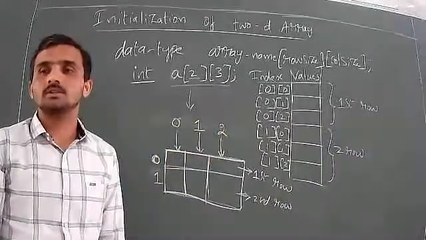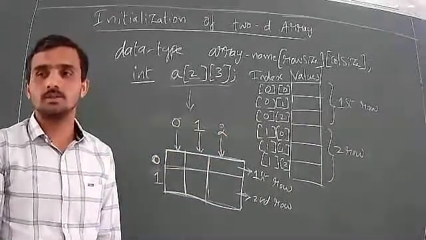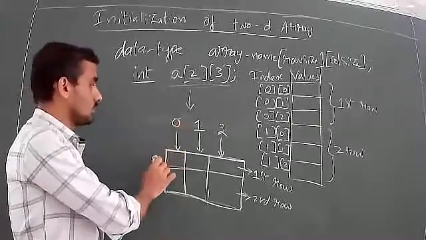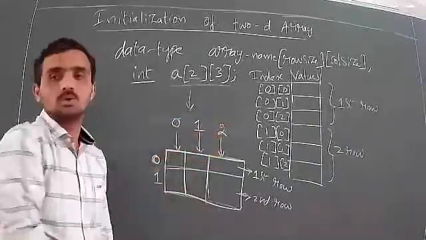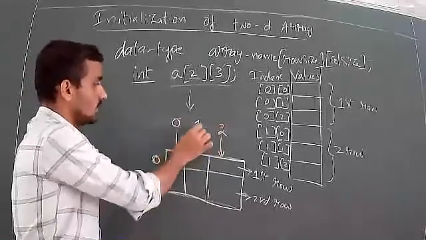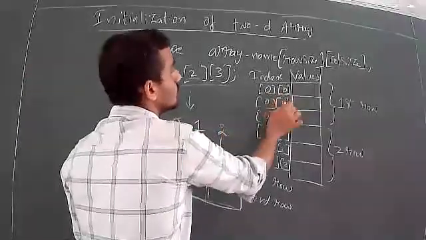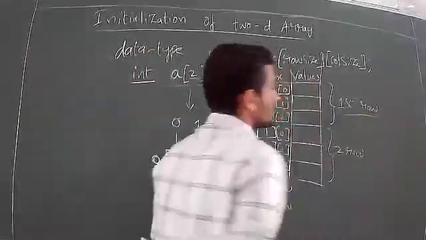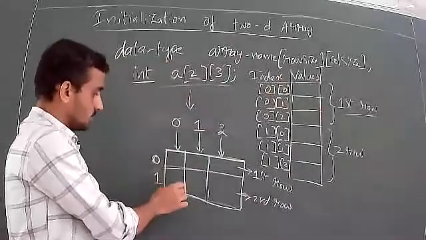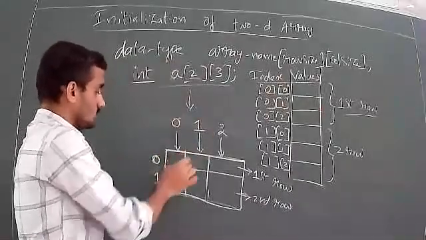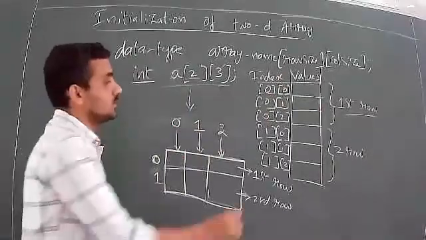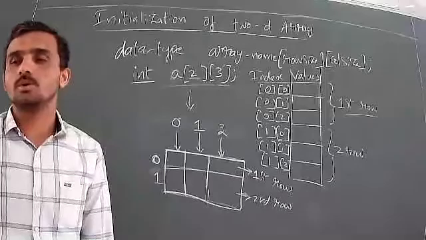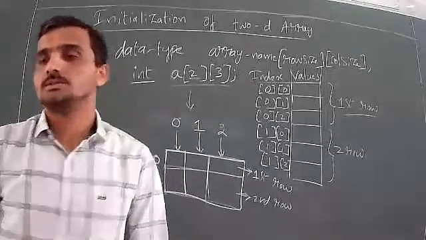Have you got it, everyone? If you still have doubt, I will explain again. So row number 0, column number 0; row number 0, column number 1; row number 0, column number 2. So 0, 0, 0, 1, 0, 2. Once you complete all these points, that is nothing but the first row. The first row is completed. You go to the second row: 1, 0, 1, 1, 1, 2. So this is the second row. I hope you people got it. Anyone still have doubt?